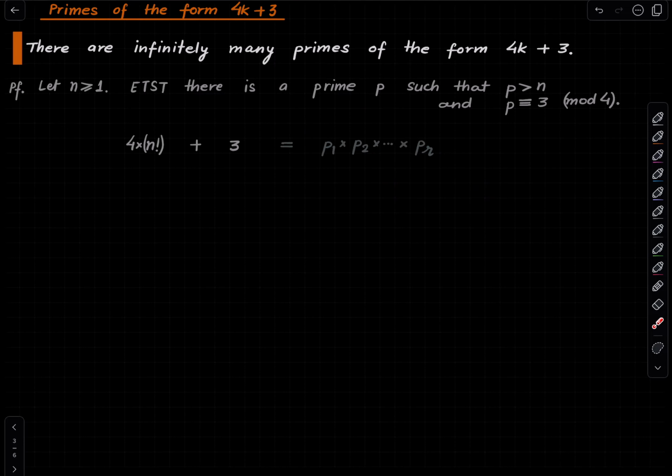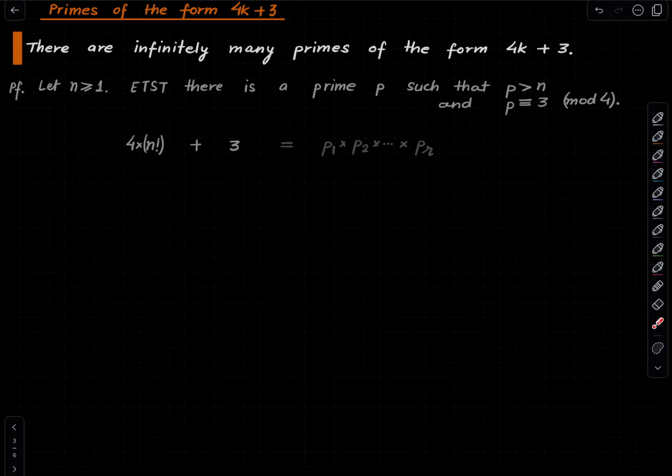If you have two numbers which both leave the remainder of 1 modulo 4, their product also leaves the remainder of 1 modulo 4. Right? So that would contradict this equation, because the left side leaves the remainder of 3 modulo 4 while the right side will leave a remainder of 1 modulo 4. So amongst all these primes that are written here, at least one leaves a remainder of 3 mod 4, but